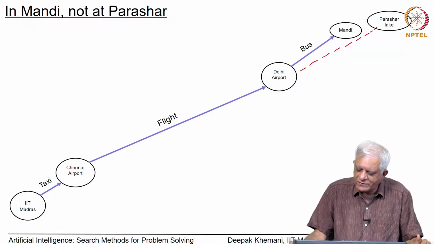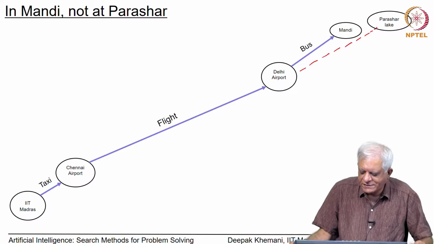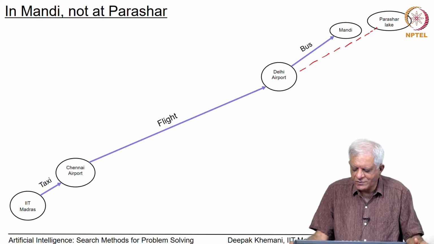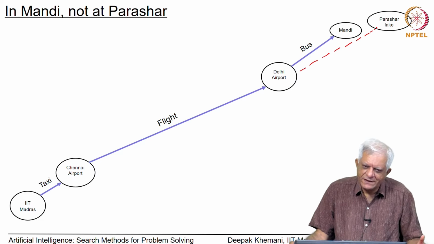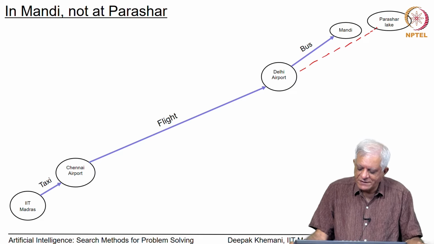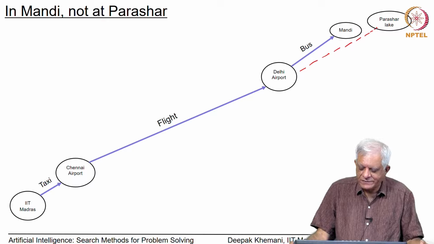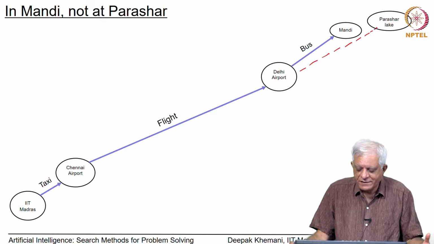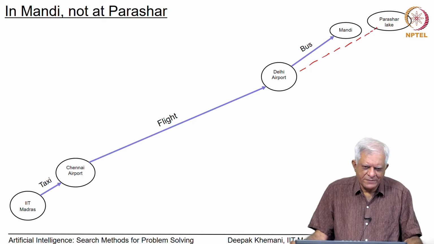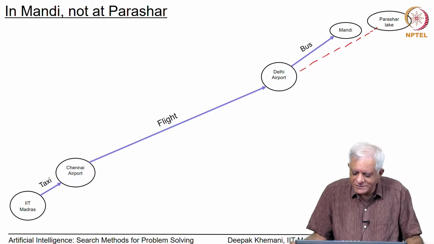maybe there is no direct way of going there. Of course, you could hire a taxi from the airport directly to take you to Parashar, but most people would say let us first get to Mandi town, which is close to Parashar, and then we will worry about how to go to Parashar. And a popular way of getting to Mandi, which is used by many of my colleagues from IIT Mandi, is to take a bus from